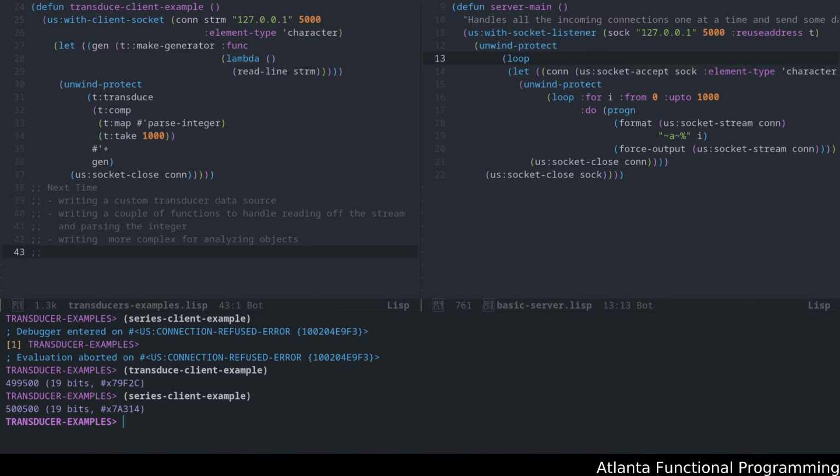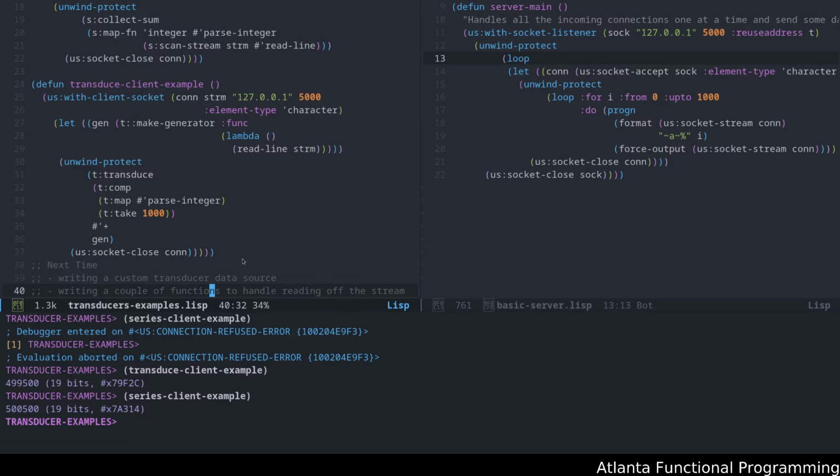There you go. So if you look at the difference between this one and the other one, we're missing one sample in the transduced client example versus our series example, and that can be seen by looking at what is being returned for series versus transduce. Okay, this is one difference I did see last night that I was a little surprised about,